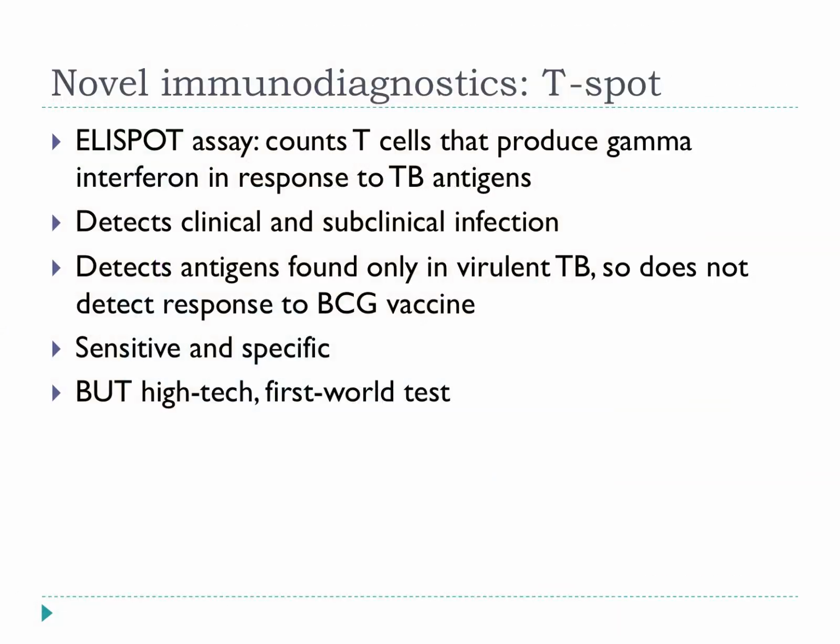Oh yeah, I mentioned the T-SPOT. This detects antigens found only in the virulent form of TB, not in BCG. There was an outbreak of tuberculosis in Leicester a few years ago, and they used this approach there, and they could actually show quite nicely that people who'd been most exposed to the index case had the highest T-cell responses. Those a bit further away had lower T-cell responses, and then some people didn't have any, obviously hadn't been exposed. But it's expensive, this particular test.